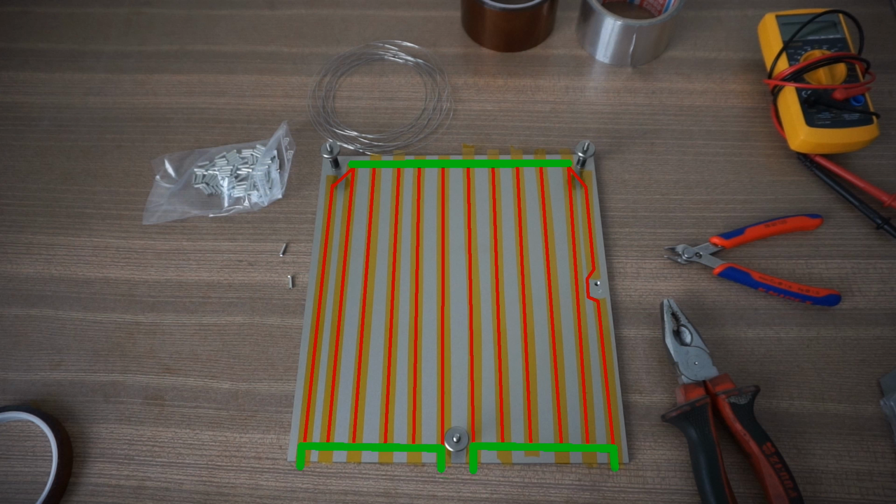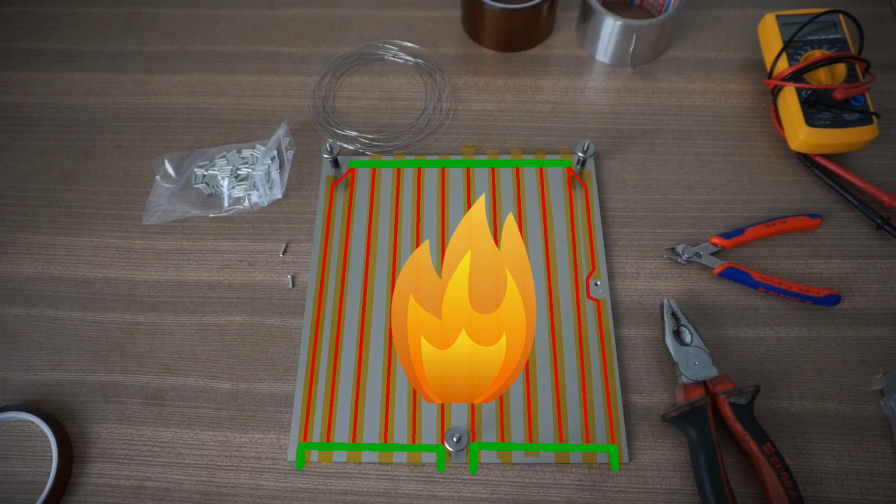These will draw a current of 45 amps for my 12V power supply, which results in a total power of 540 watts, which is actually stupidly high. However, I'm going for such a high number because my previous experience showed that the real value will be much